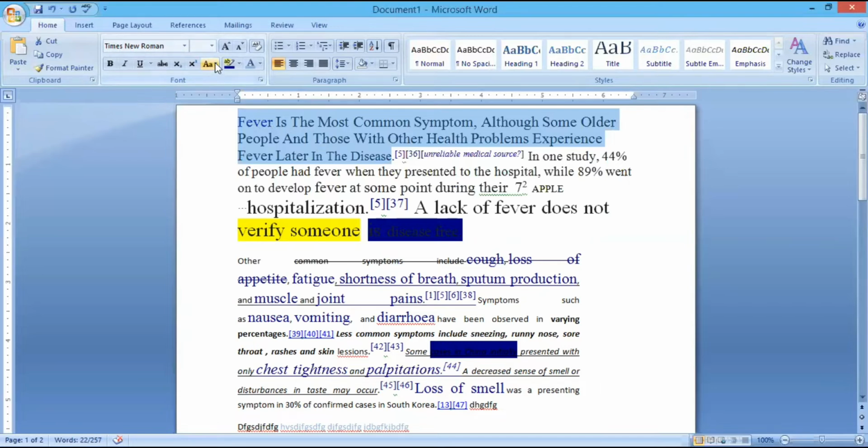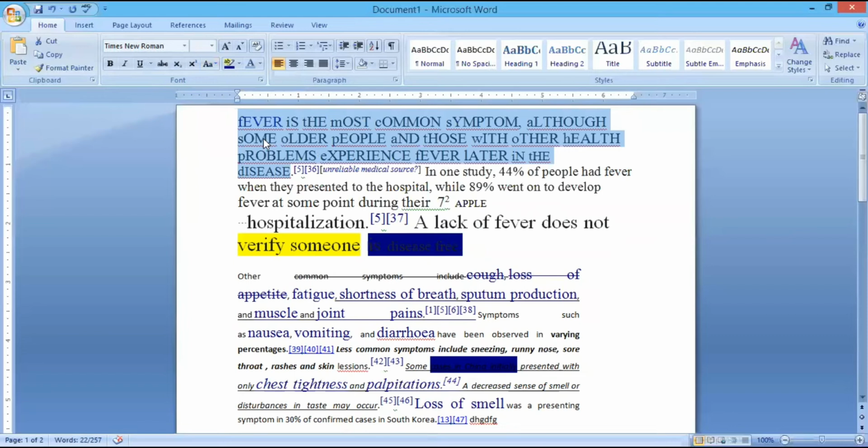Yes. Okay. And the last thing is toggle case. Whatever the word that got displayed in the uppercase will display in the lowercase now, and vice versa will happen when I click on the toggle case button. I'm clicking on the toggle case. Now do you see all the letters which were in the lowercase got converted into uppercase, and the uppercase letters got converted to the lowercase. So that's all about the functionalities under the font group.